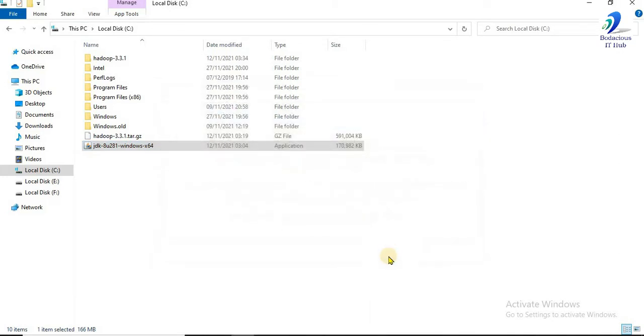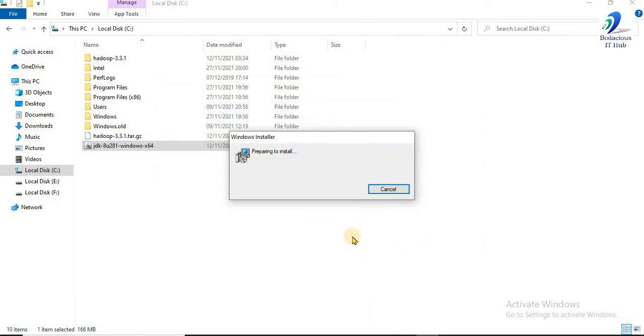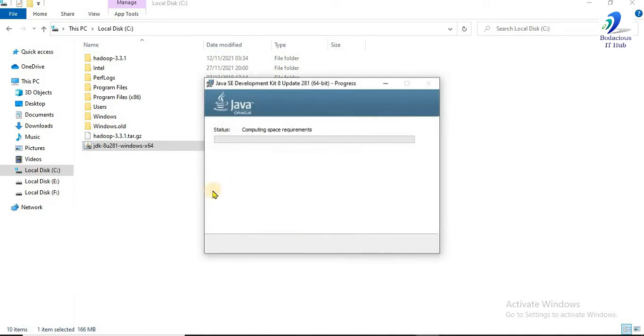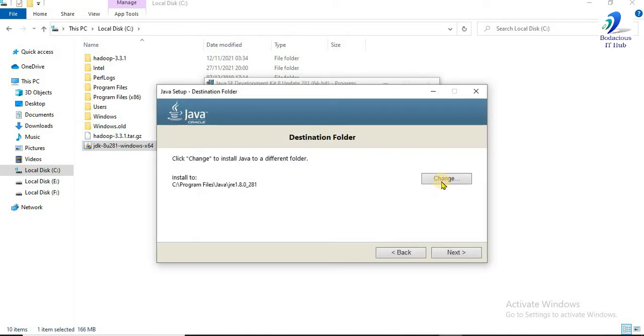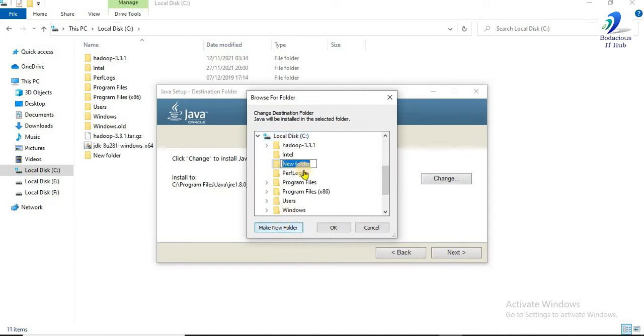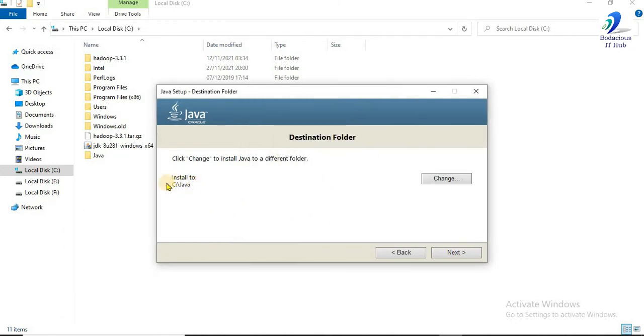Clicking on next. So next. Now we'll change the folder. In the C folder, we'll create a new folder with the name Java.